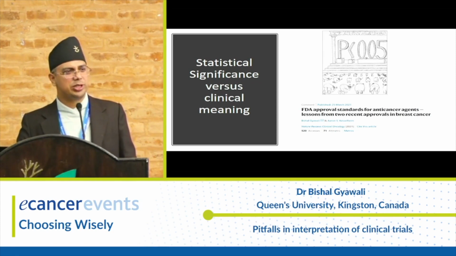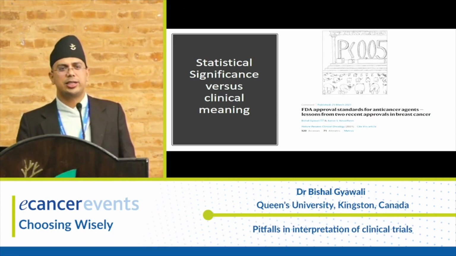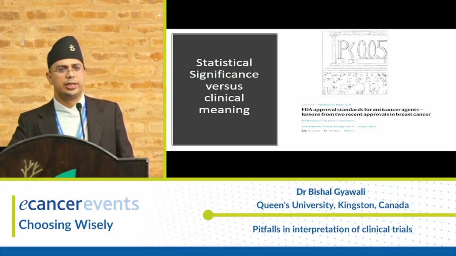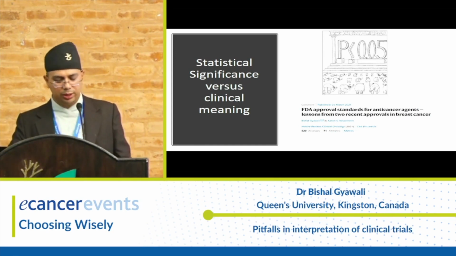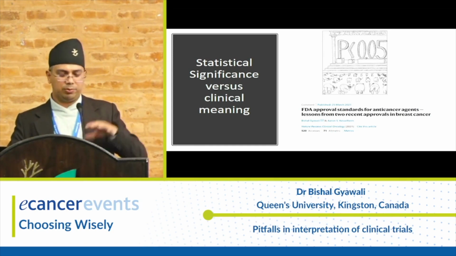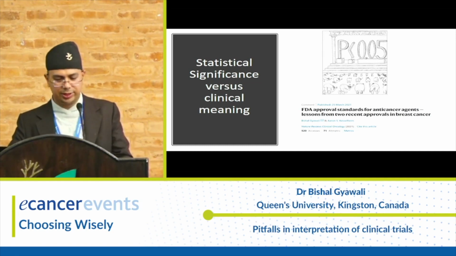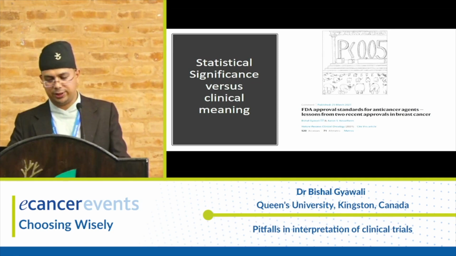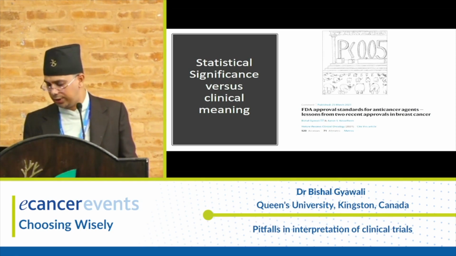That's a wrong practice. We should not be doing that. And in fact, we should not even worship a p-value of less than 0.05. It does not tell us anything about the magnitude of benefit. It simply tells us the likelihood of the results that we are seeing, when controlling for every other thing, that these results are actually the effect of the intervention and not from chance. But in oncology, it has become a big problem. We are chasing just a p-value of less than 0.05.